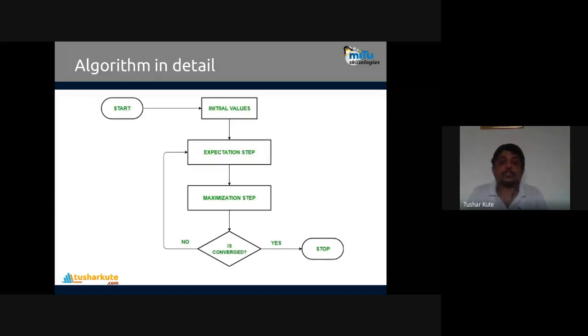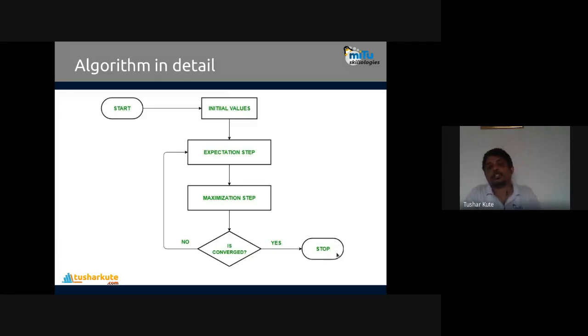Check this out. This is the flow chart that we can show. Start. Let's get the initial values. Okay, then we'll go for the expectation step, then maximization. Are you getting the expected output? No. Then come back. Change the hypothesis. Then revise your expectation step, then go for maximization. Again, check whether convergence is done. No, come back. In this way, these steps are taken one by one. Maximize, check convergence, come back, like that. And when convergence is done, then stop.